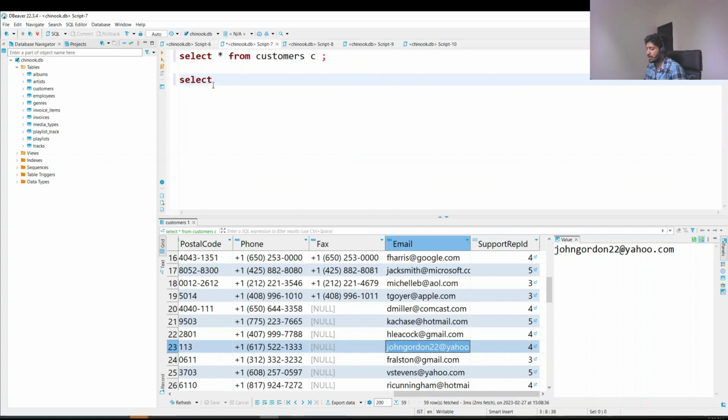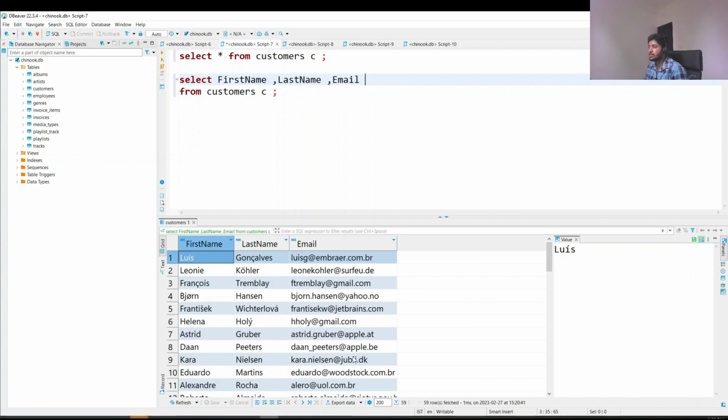Select first name, from customers. That will help me with the auto completion of the code, since the database will know from which table I'm going to fetch data. So first name, then I need last name, then I need the email address. This will give me only these three columns. Let's see how we can find the customers whose email addresses start only with